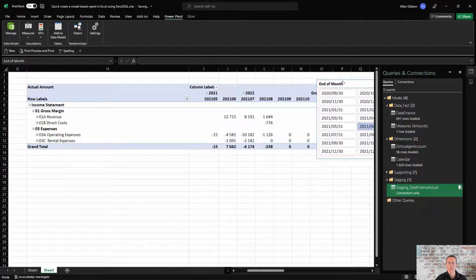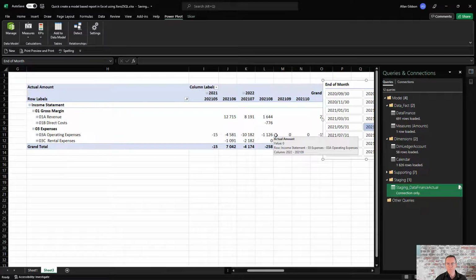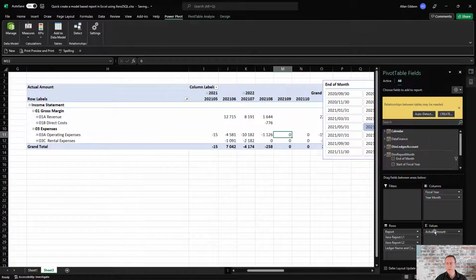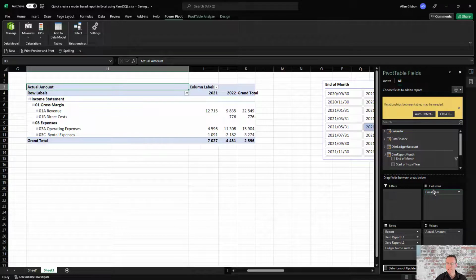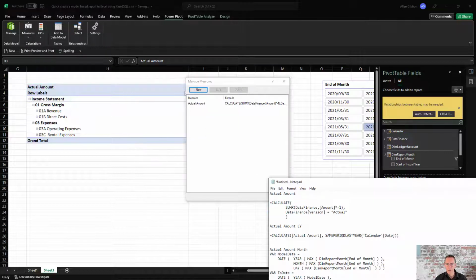Okay, if I did, well, pull that out, and now let's just pull out the months. I've still got the fiscal year. Okay, and in fact, just to make it, yeah, that's cool. I'll do fiscal year like that. And then if I did another measure, so I go back to measures, manage measures, and I go into actual amount last year, new measure,